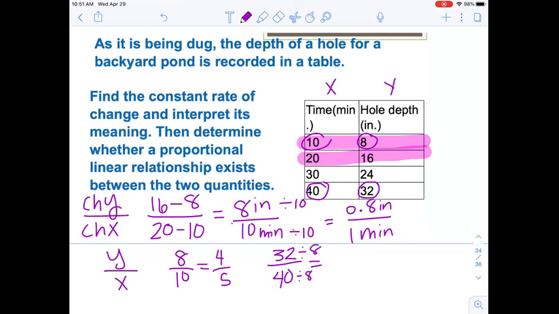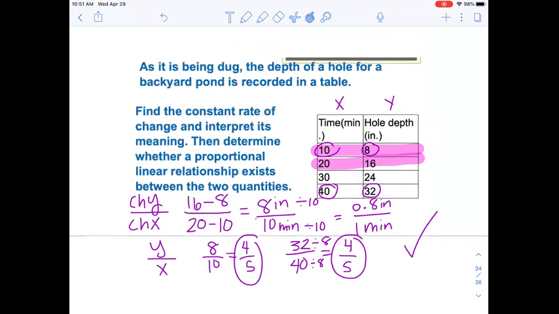I'm going to divide both by 8. And I'm left with 4 over 5. Well, those ratios are the same, so yes, it is proportional. If we were to graph this out, that means that our